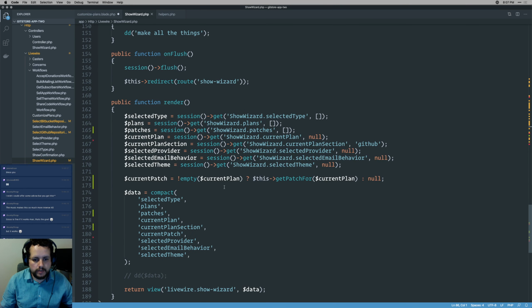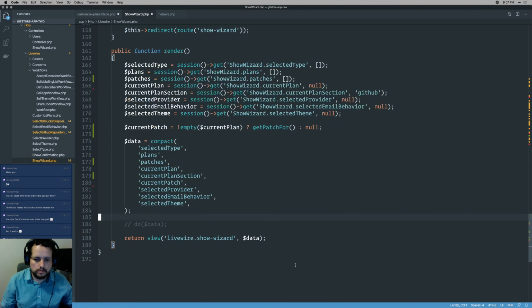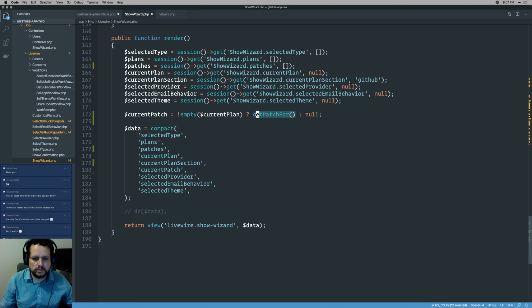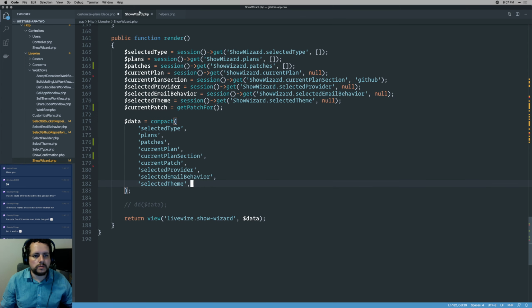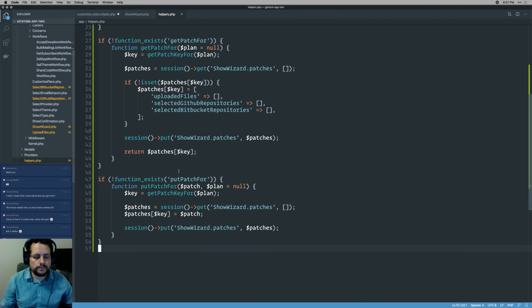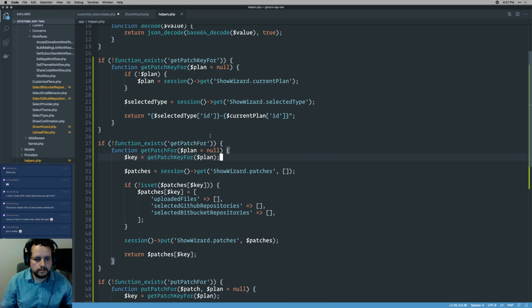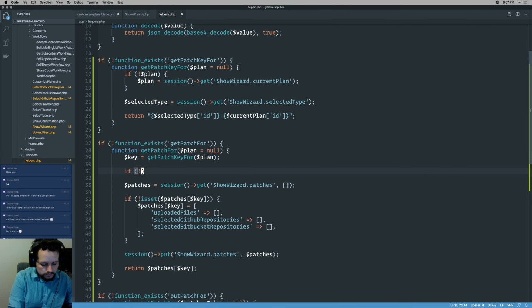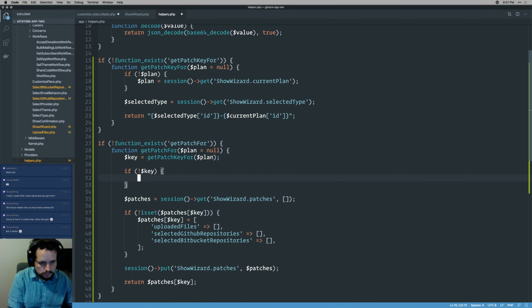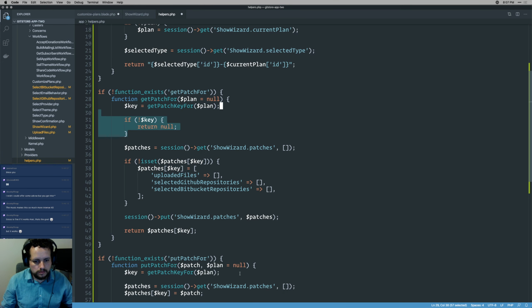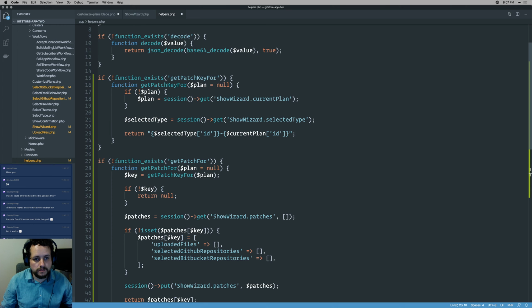Okay, and then we're here where I get the patch. I can do that. And you know what? I can actually abstract that logic in there as well. So inside here, I'll need to do this in both of these places, because if this is not